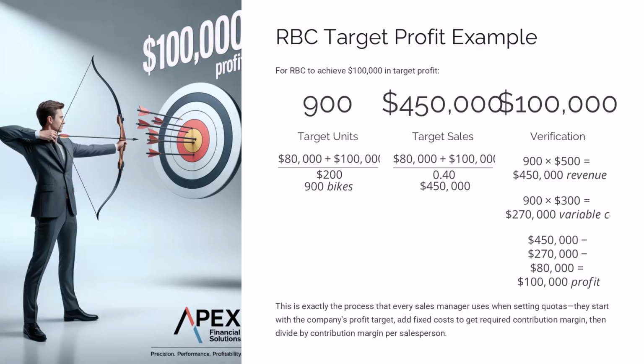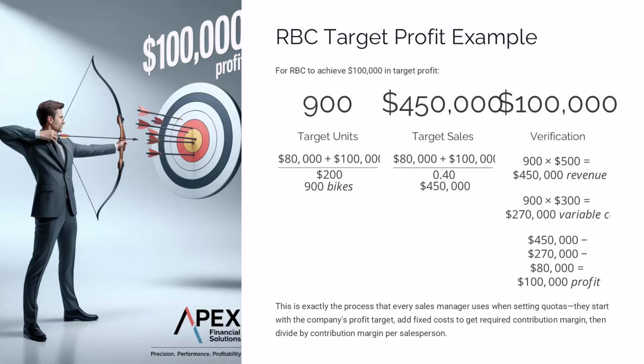When Netflix decided to enter original content production, they set a target profit of $1 billion from originals within 5 years, calculated they needed $1 billion plus content costs divided by $8 monthly CM equals 30 million additional subscribers, and worked backward to determine they needed to spend $6 billion annually on content to attract those subscribers, which is exactly what they did and why they succeeded.